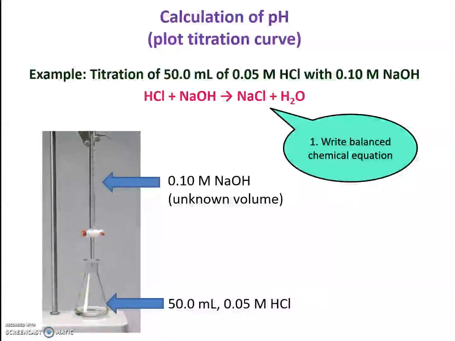And then after the equivalence point, how about the pH change? Okay, so for calculation of pH, for this example, we want to plot a titration curve based on the equation given. Consider a titration of 50.0 ml of 0.05 molar HCl, hydrochloric acid, with 0.1 molar sodium hydroxide. So a titration between strong acid and strong base. For the equation, after balancing, 1 mole of hydrochloric acid requires 1 mole of sodium hydroxide to form 1 mole of sodium chloride plus 1 mole of water. We know strong acid and strong base produce a neutral salt, where the pH at equivalence point